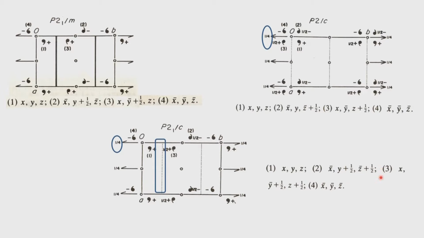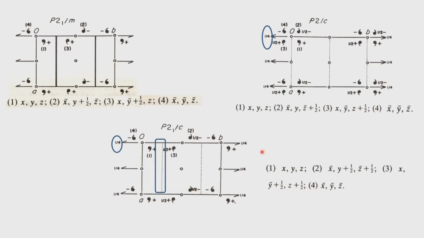The fourth equivalent point obviously gets generated because of the presence of the center of symmetry, which is shown up here. Once again we see that the translational periodicity will bring this into this position, the translation periodicity here. So 1, 2 and 3 are already located here. The 2-1 screw operation has gone outside of the unit cell. We add one translation, so it comes inside, and there is a development of the 1/4 C glide. Along with that there is a development of the 3/4 C glide. So the C glide at 1/4 and 3/4 will invoke the formation of 4 equivalent points inside P21 upon C.